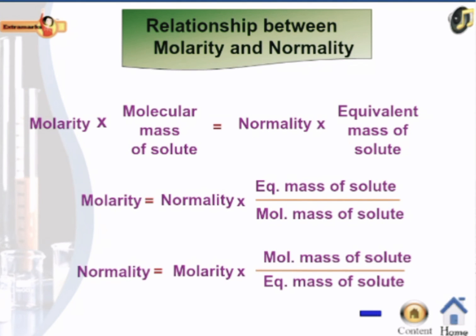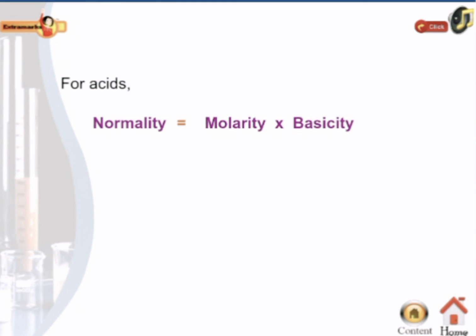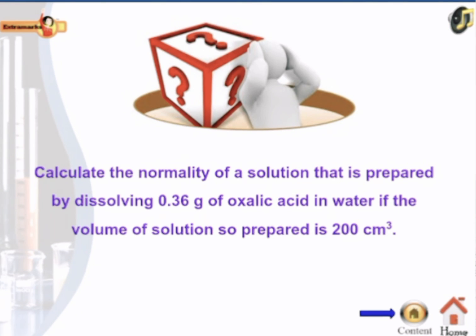Relationship between molarity and normality can be expressed as follows. For acids, normality is equal to the product of molarity and basicity. Let us solve a numerical. Calculate the normality of a solution that is prepared by dissolving 0.36 gram of oxalic acid in water,